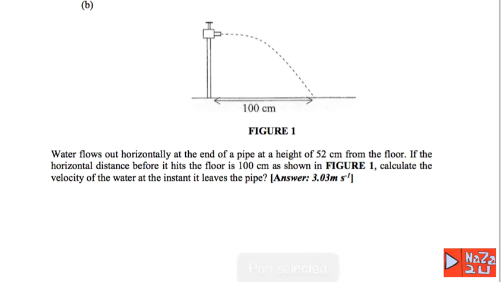Question B. Water flows out horizontally at the end of a pipe. So this is the pipe, and this is the water direction. The water flows at a height of 52 centimeters from the ground surface. The horizontal distance before it hits the floor is 100 centimeters. Calculate the velocity of the water at the instant it leaves, meaning what is the initial velocity here,